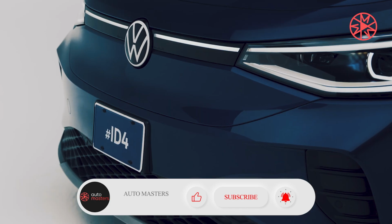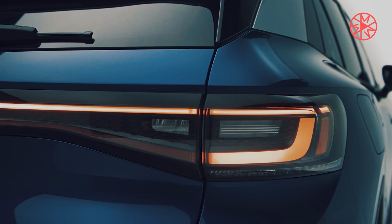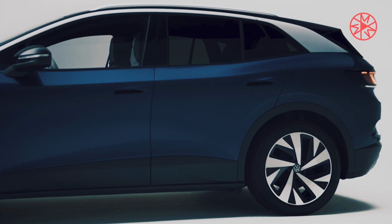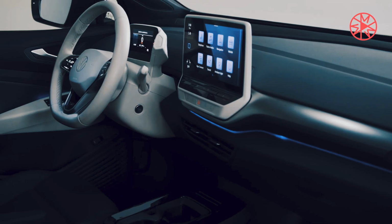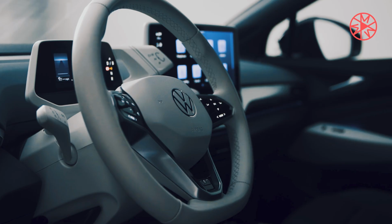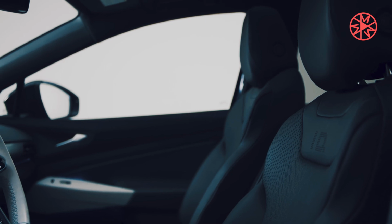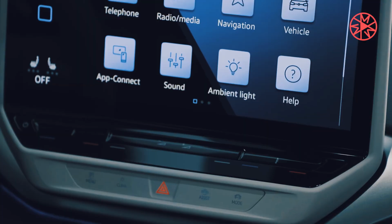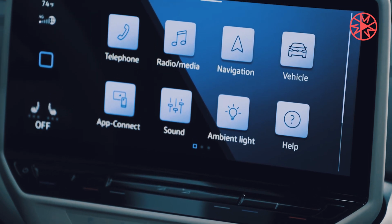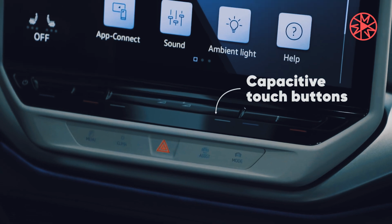The only recall we saw for this vehicle, requiring the application of a protective coating to the rear hatch joints, was addressed at that time. All of this was covered under VW's Carefree Maintenance Program, which covers 2 years or 20,000 miles, whichever comes first. This free service plan is demonstrably better than what we had to pay for our time with similarly sized gas-powered crossovers we've had recently, including a 2023 Mazda CX-50 that needed 2 service visits and 19,000 miles for a total